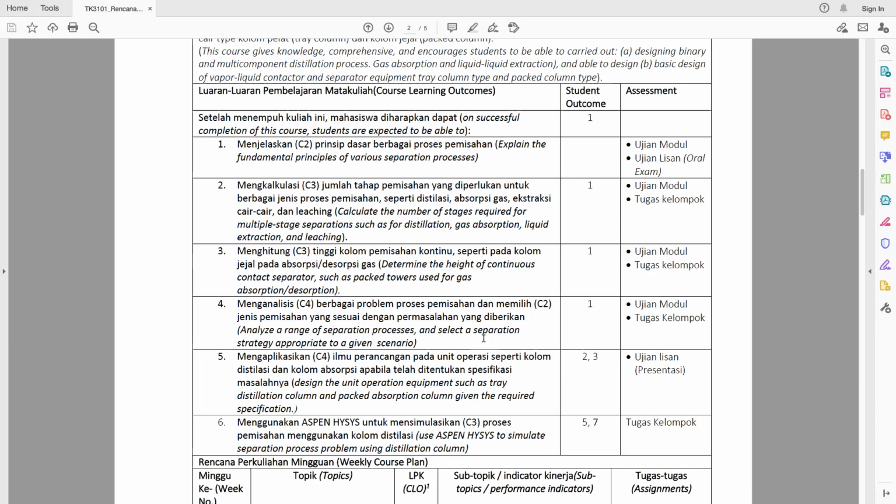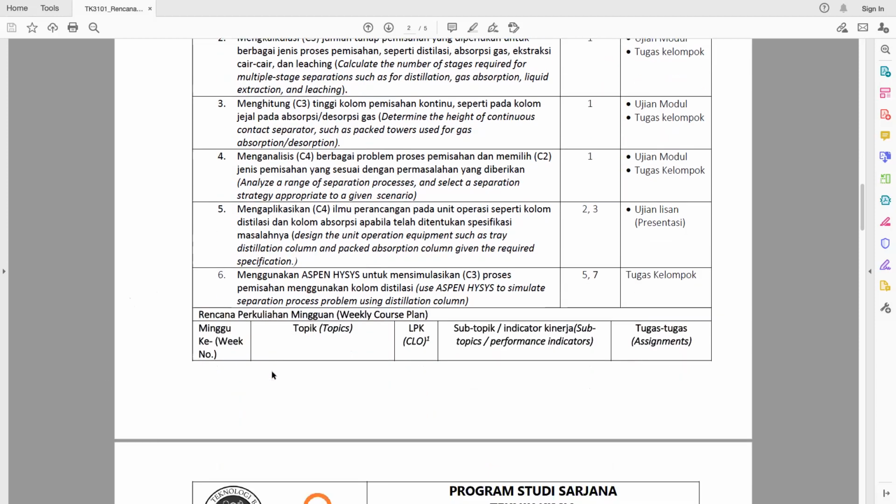And then there are also analytical tools, how to analyze the range of separation process, and also how to apply the design into distillation column and packed absorption column. And also we're going to use HYSYS as well, very introductory, to simulate the separation process. Okay. So for the week by week,